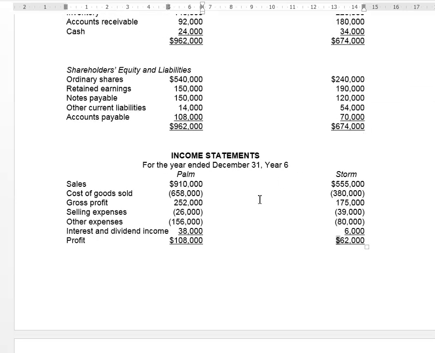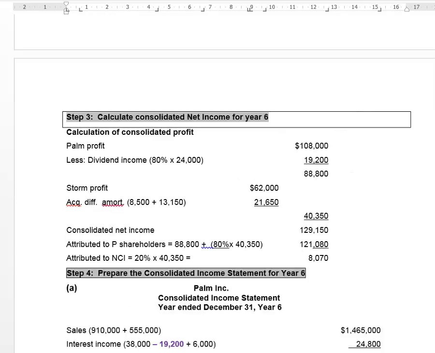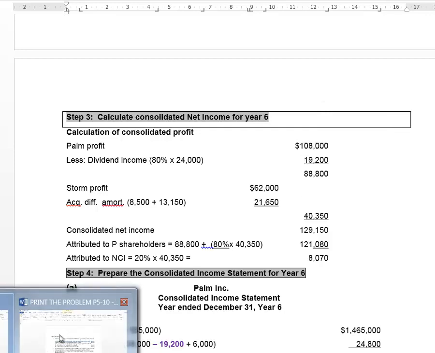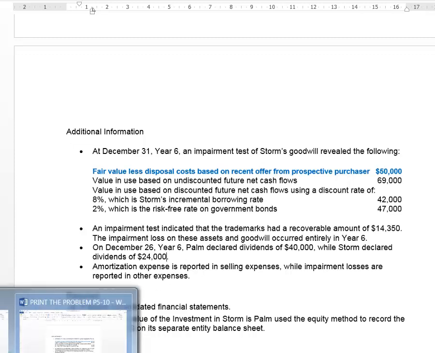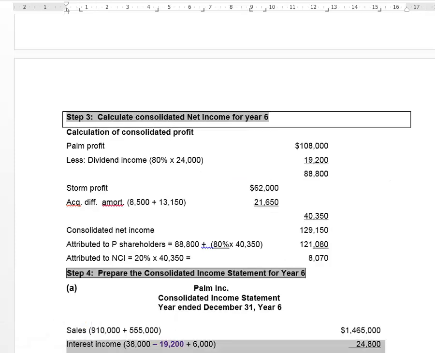You'll notice here in the question that when we calculate dividend income, the parent included in that 108,000 is 19,200 in dividend income from the sub. How do we know? The question tells us that. They told us that during the year, Storm declared a dividend of 24,000. Well, don't forget, the parent owns 80% of the outstanding voting shares of Storm, so they're entitled to 80% of that as a dividend. So, if we now look at our question here,